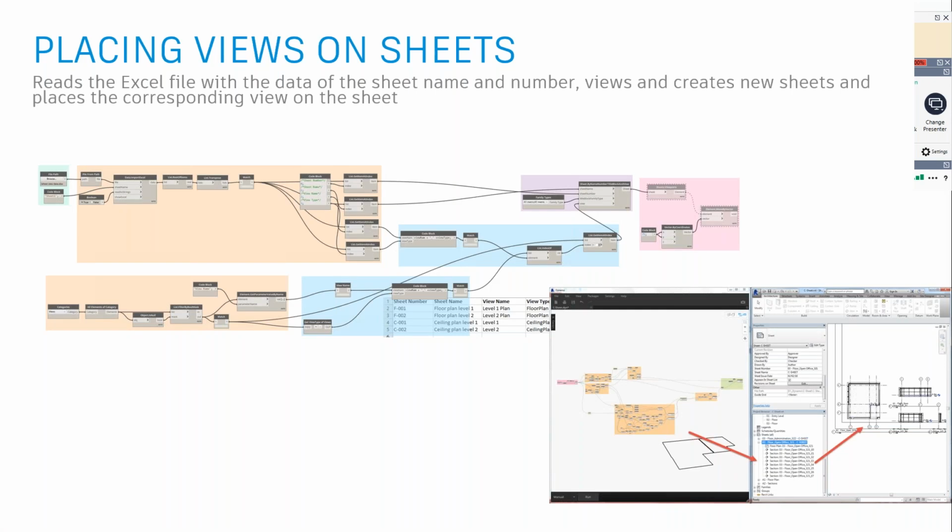Another documentation workflow would be the automatic placement of views on sheets. This is probably one of the most cumbersome operations: individually developing the sheets, and then placing those views on a one by one basis onto the particular sheet. Now, that whole workflow could be automated by just preparing a simple Excel spreadsheet in which I define which view goes onto which sheet, and the whole sheet creation process and the view placement could be automated in one single go through that